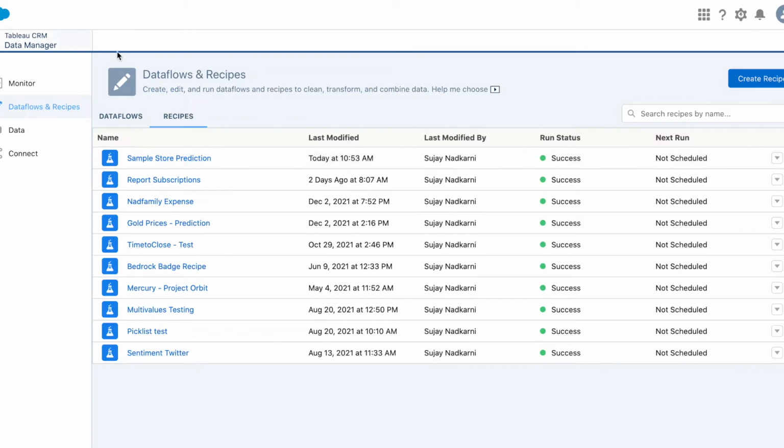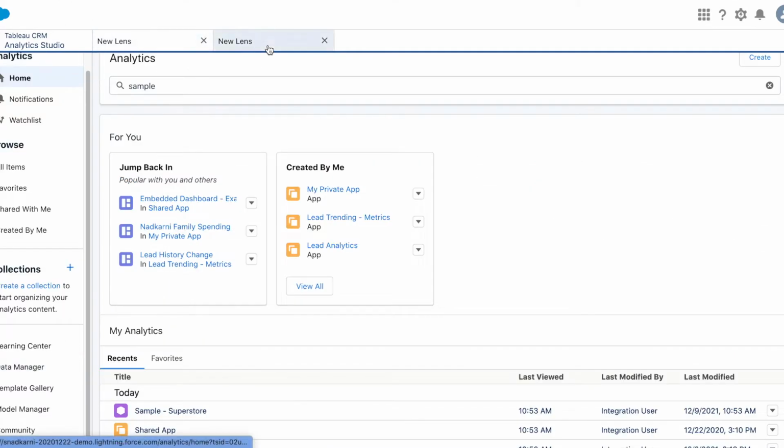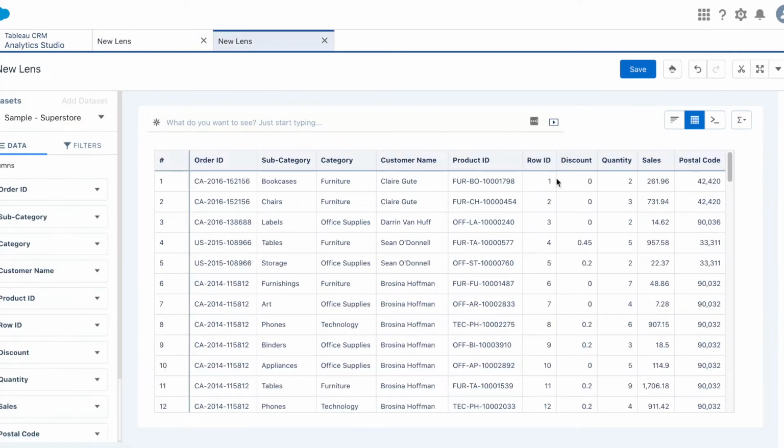Now let's head over to this lens. As you can see in this lens or in the data set, you do have subcategory, category, customer name, and so on. Unfortunately, the forecast is not generated for every subcategory or for every category. The forecast is by your year and month. So it is looking at the historical patterns for all the subcategories or all the categories or all the zip codes, and then projecting what is going to happen in future.